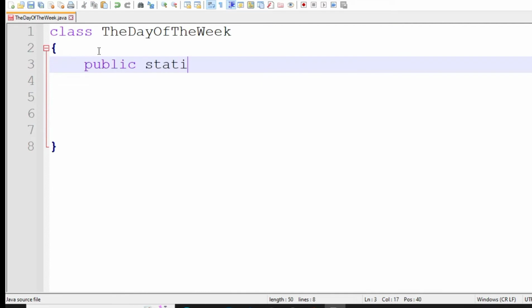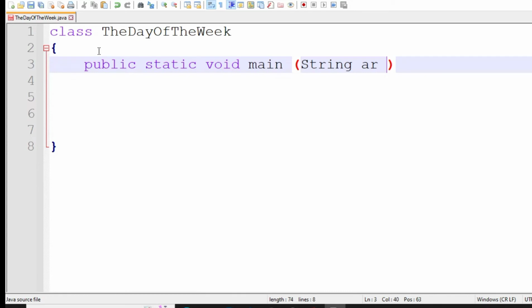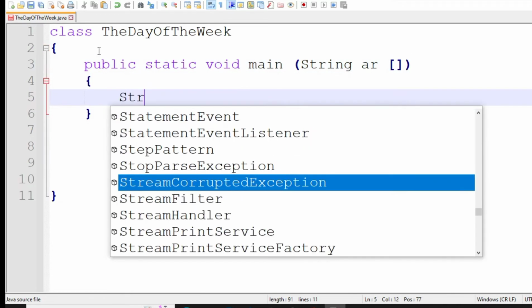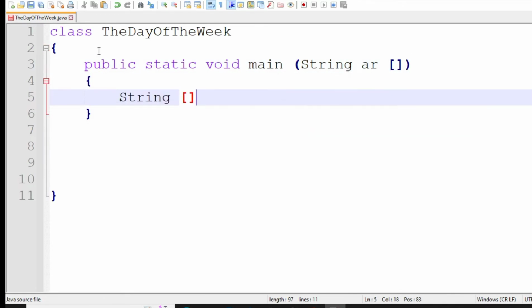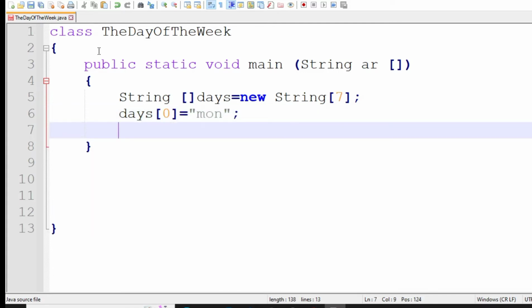I mean public static void main String array and the body of the main method. So here I create my array with the name of days, and it has 7 elements. I assigned each element